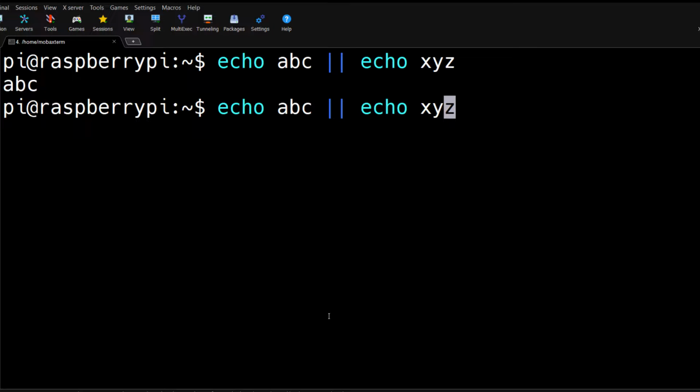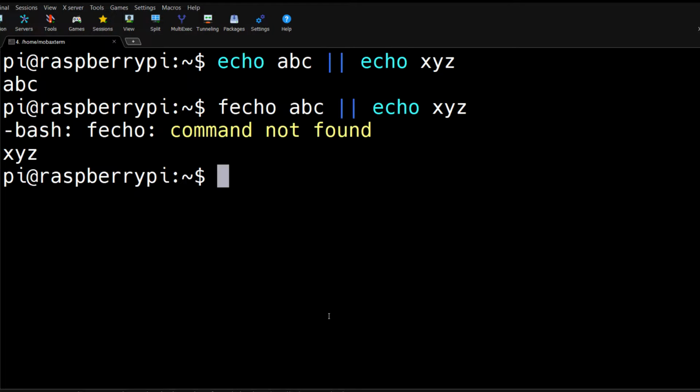Now, in case there is any error in the first command, then only it is going to execute the second command. So for the first command, it is printing command not found, and for the second command, it is printing XYZ. It executed the second command because the first command was unsuccessful and errored out.